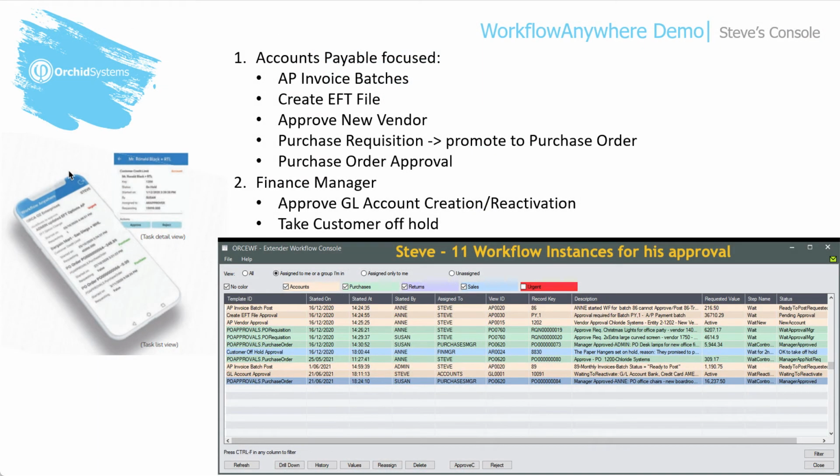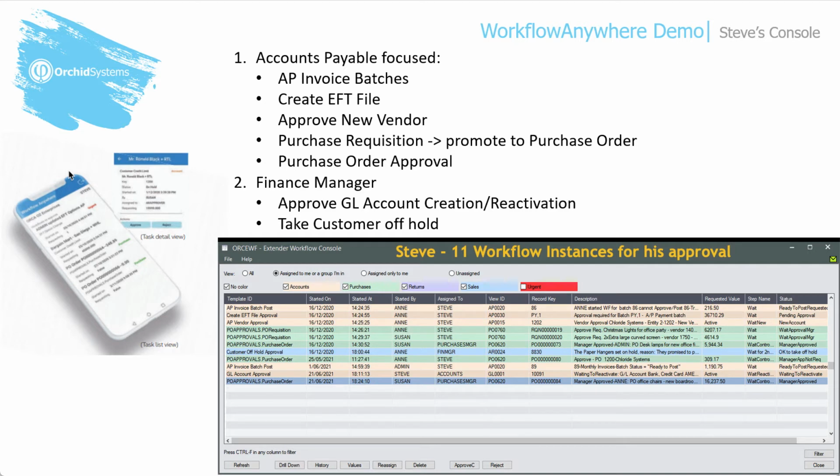The second workflow console I'm going to demonstrate is Steve's workflow console. So Steve has some accounts payable focused workflow instances. He's got a couple of AP invoice batches that he needs to approve. The EFT file needs approval. He needs to approve a new vendor. There's a purchase requisition that needs to be promoted to a purchase order if he approves,